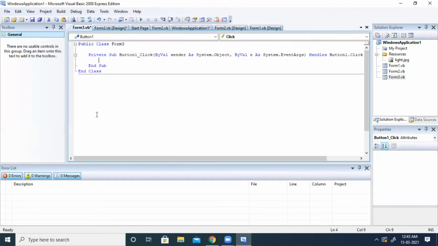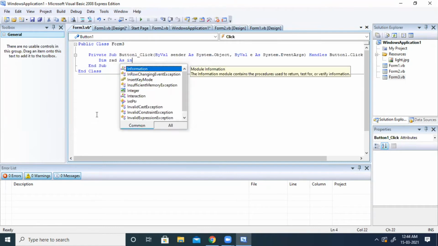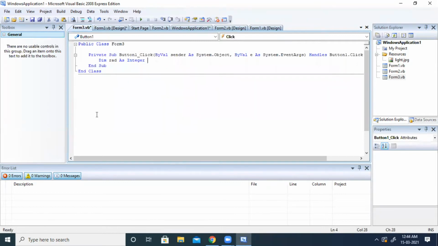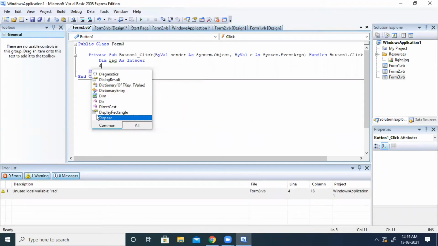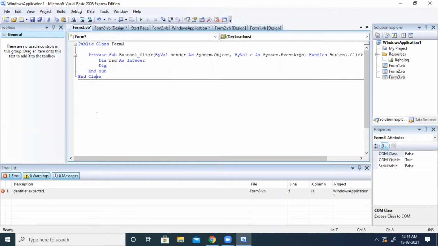In the first button click event, I am going to write Dim. Dim is the keyword to declare a variable in VB, as Integer. Integer is the data type. Next, I am going to write Dim, the keyword to declare a variable. Area, sorry.